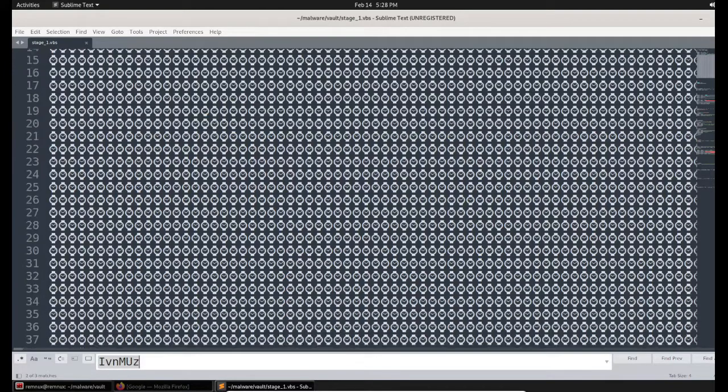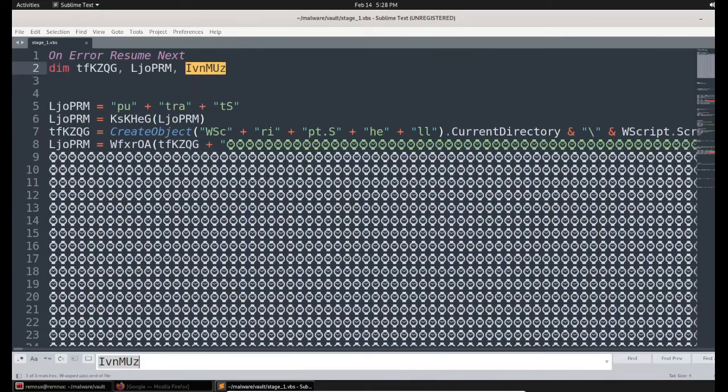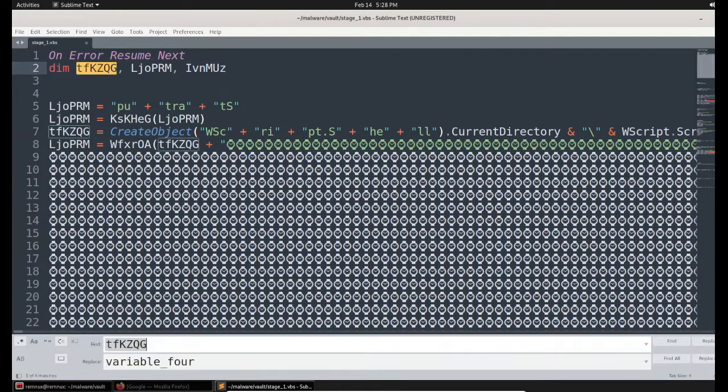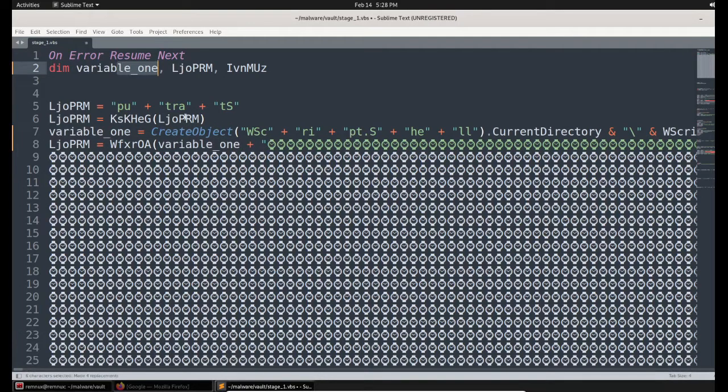So why don't we replace these variable names in an understandable format, in an easy way to identify. Let me use Control F to find and Control H to define the replacement. The name I'm giving is variable 1, and Control Alt Enter to replace.